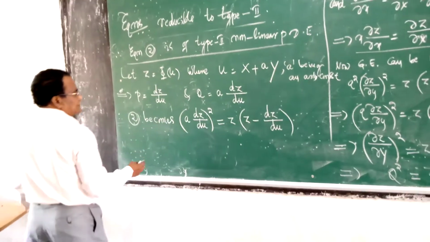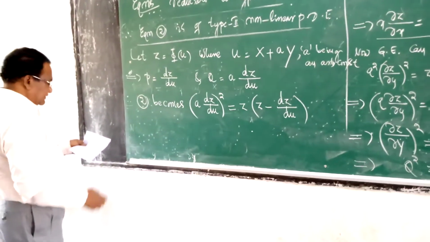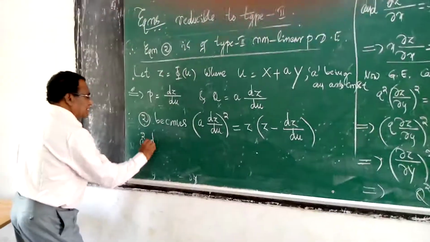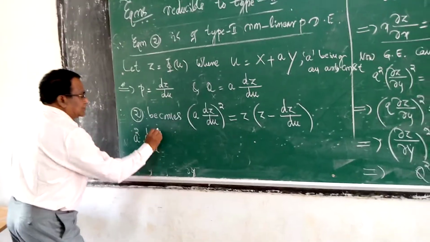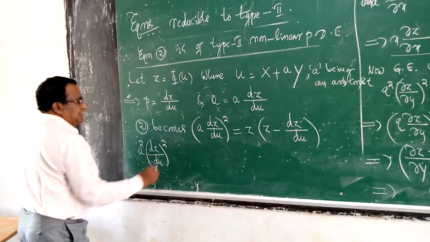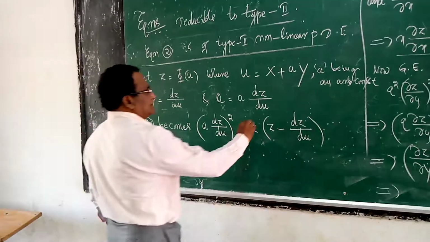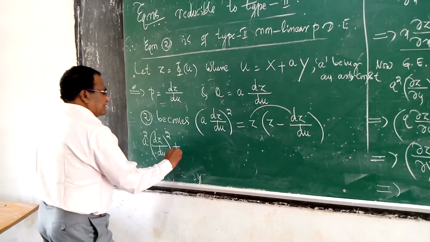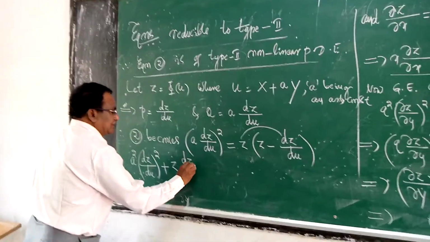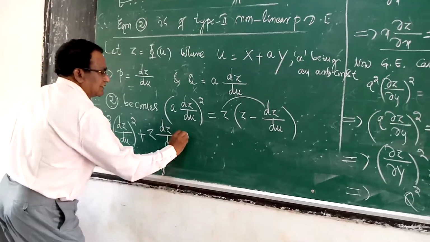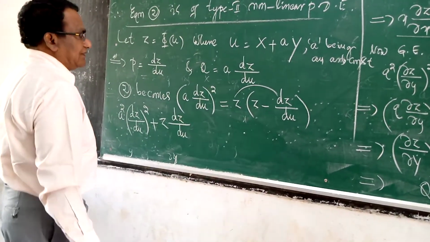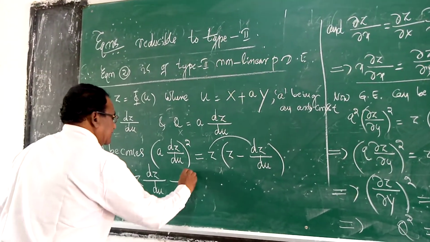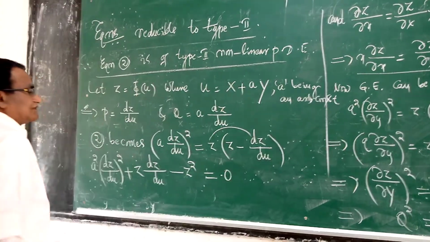Yes, I wanted to solve this equation. It is a into dz by du whole square is a square into dz by du whole square, and transfer this term minus z into dz by du to the left hand side, plus z into dz by du, it is minus z squared. Minus z into z is z squared here, minus z squared is equal to 0,